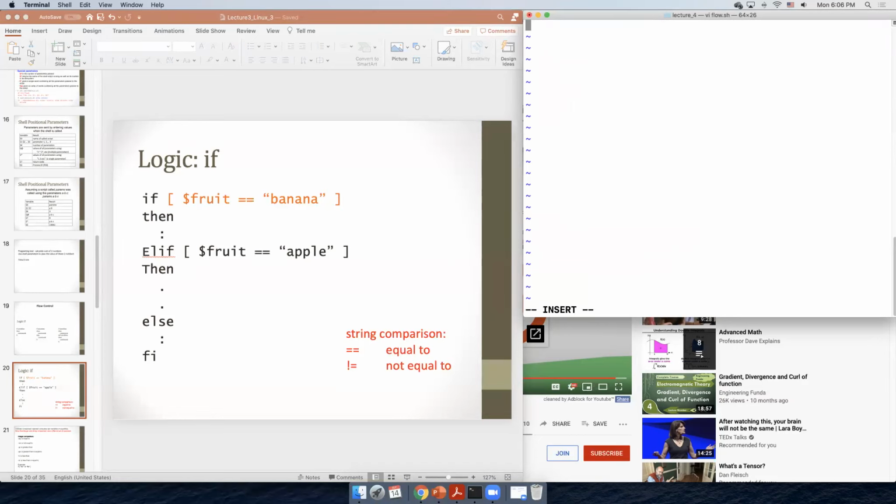Let's start a very basic flow control. For example, if $1 equals to banana. So do you remember what is $1? That's the positional parameter. You can pass a value or parameter from the shell, and you can use the value of the parameters by using $1, $2. So now let's see. If $1 is banana, if this is true,